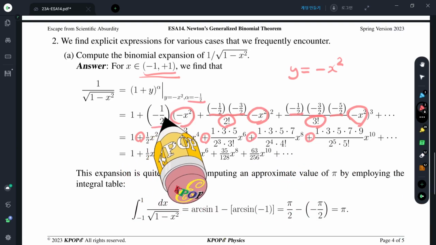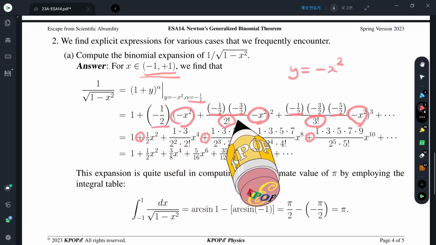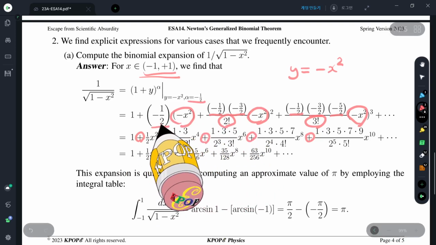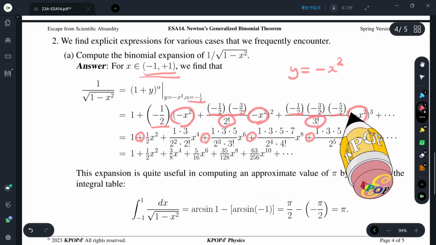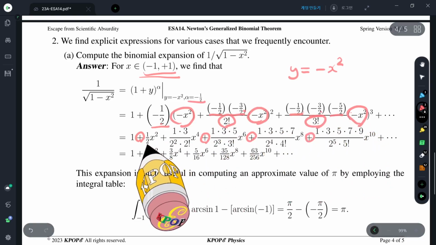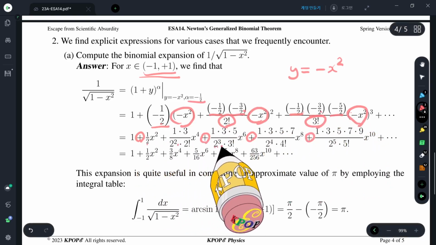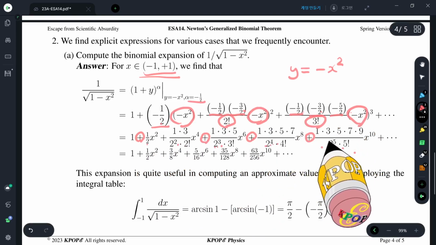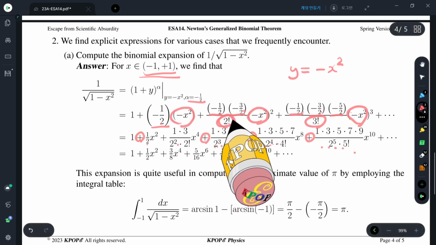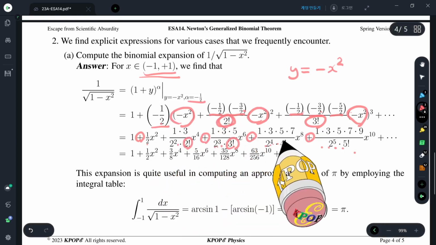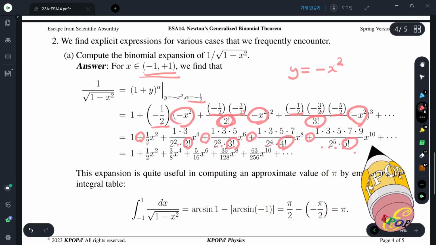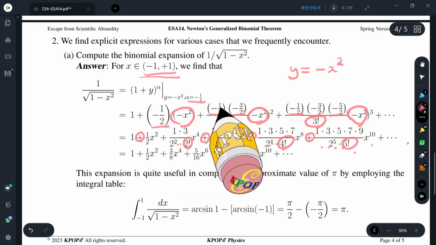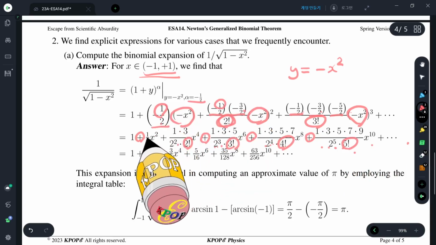And then we have 1/2, denominator only, 2, 2, 2, and so on. Then factorials: 2 factorial, 3 factorial, 4 factorial, 5 factorial, and so on. And in the numerator, 1, 1 here,